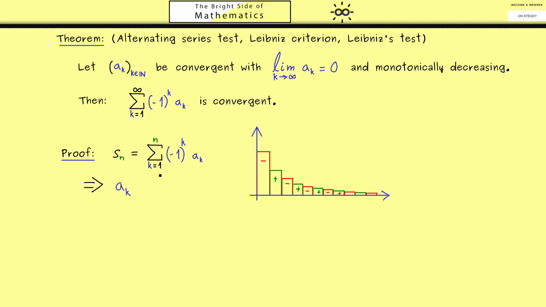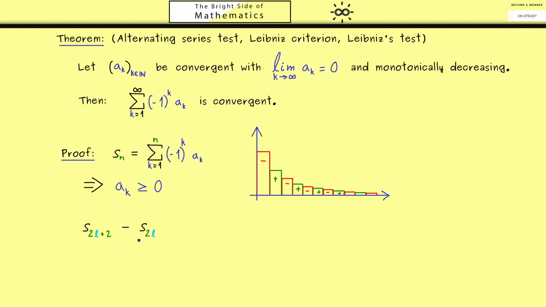Now the first thing you should note here is that all the a_k are non-negative because the limit is 0 and the sequence is monotonically decreasing. Therefore, this picture is indeed correct. Maybe the sizes of the rectangles are different, but we have that they don't get larger when we go to the right, and we have the alternating sign. Now the first idea, the first subsequence, is that we only consider even n here. Because then you see here, the negative part dominates. So let's take a natural number l, then this index is even.